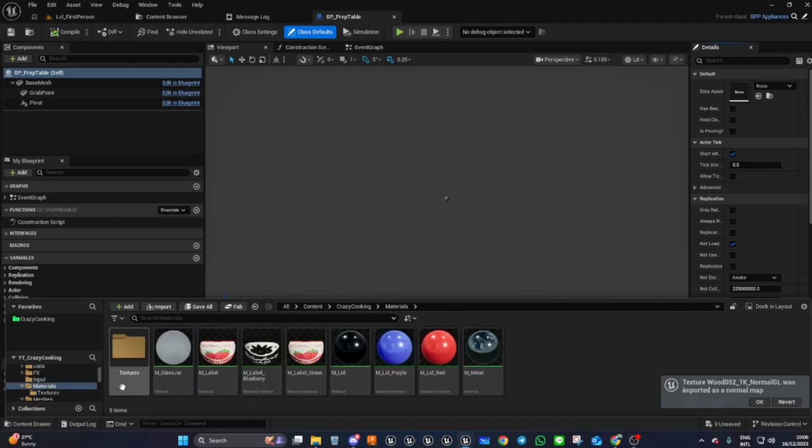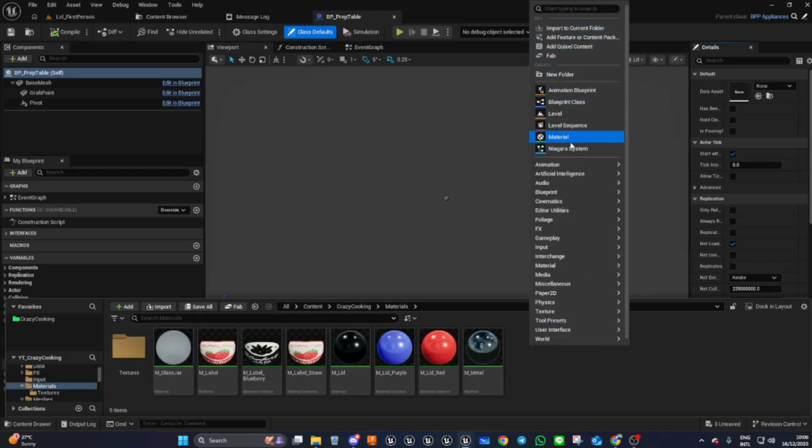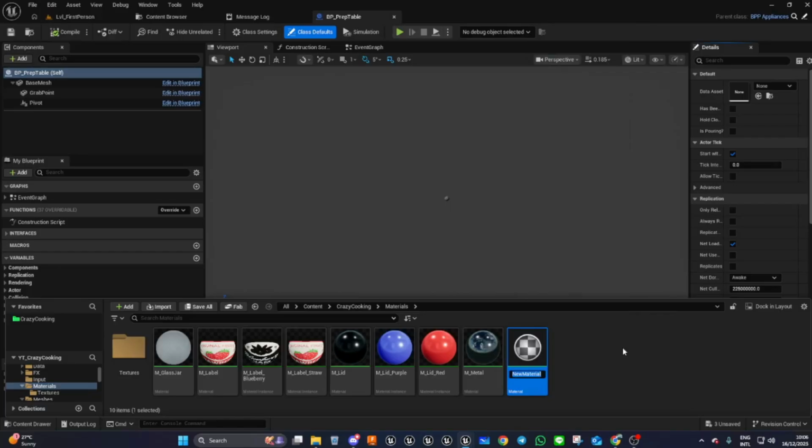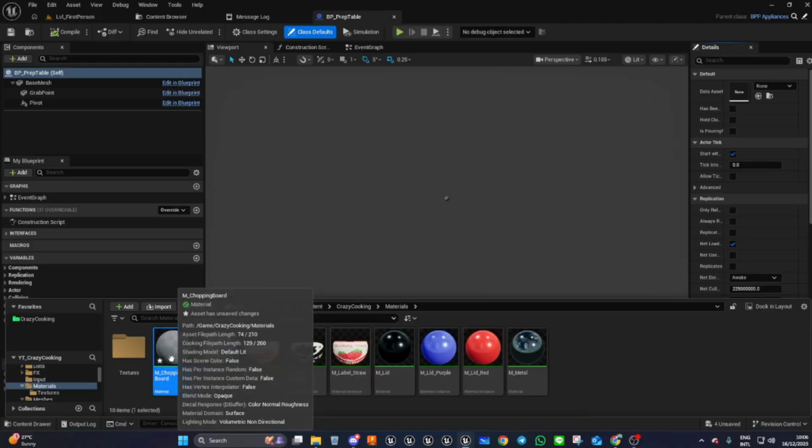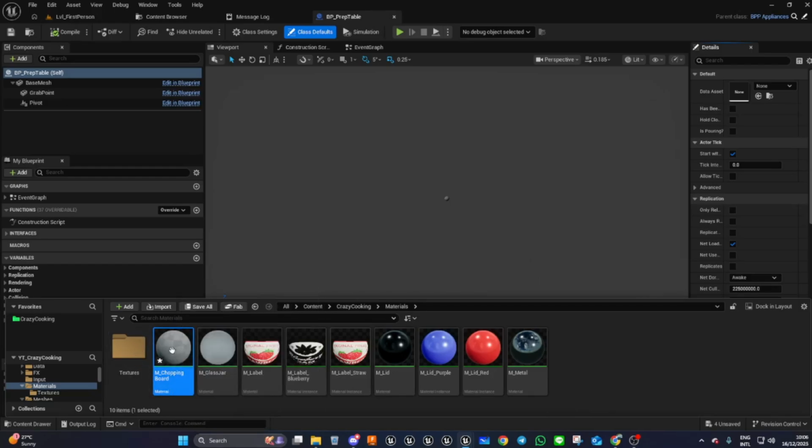And we are going to go to our materials. We're going to make a new material. We're going to call this M underscore chopping board. Okay, we're basically putting the chopping board here. We're only going to use it for dropping things onto prepare, but later on we will be using it more as an actor, so we're making it as we go along as part of the prep table, because that's where it will be. So let's go ahead and open that up,